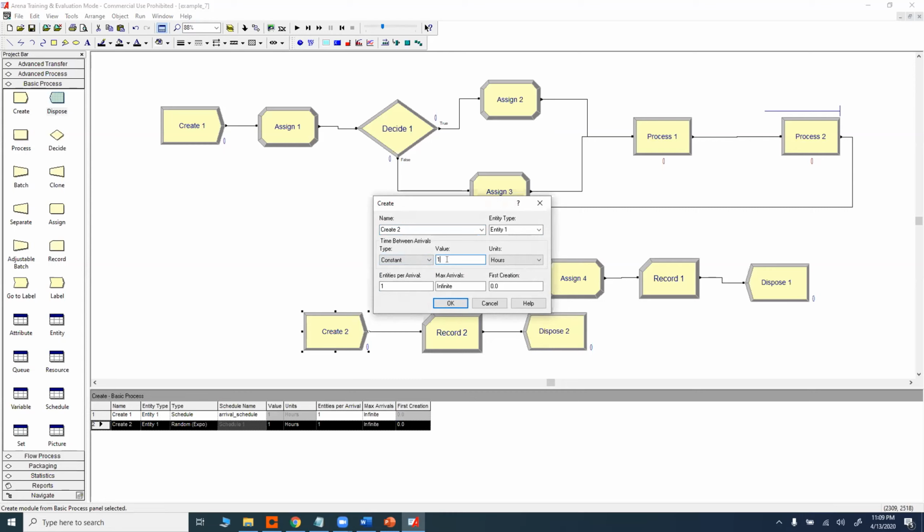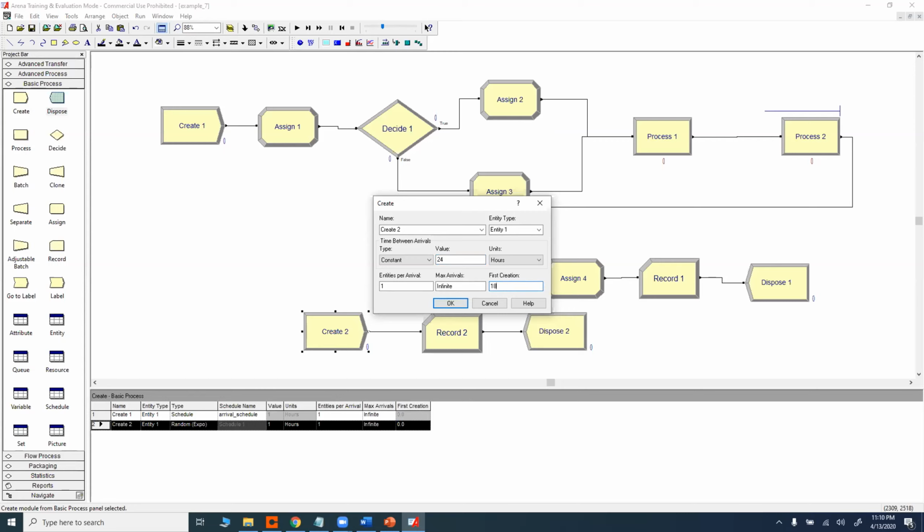So if I want to collect something at 6 p.m., then I have to start counting the number of hours from 12 a.m. until 6 p.m. Okay, and I'm going to generate that entity every 24 hours, but I want my first entity to be generated at 6 p.m., which is time 18. Okay, so the first entity is going to be generated at 6 p.m., and then from there on, every 24 hours. So every day at 6 p.m., I'm going to be collecting a number